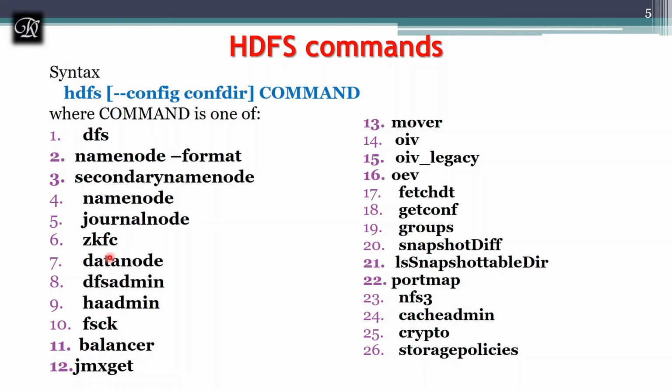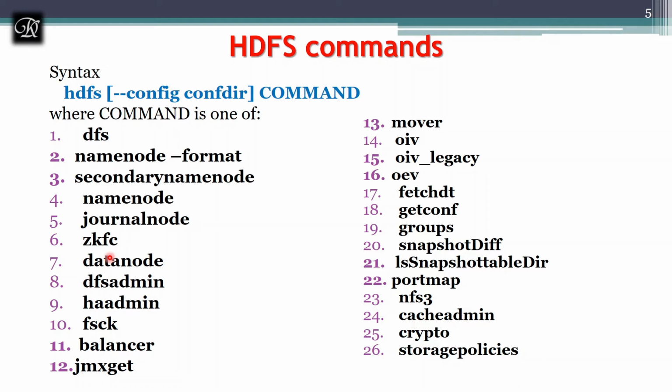FSCK. You know, FSCK is a Unix command which is used to check the file system. FSCK stands for file system check. So this is going to run the file system check on the name node file system.